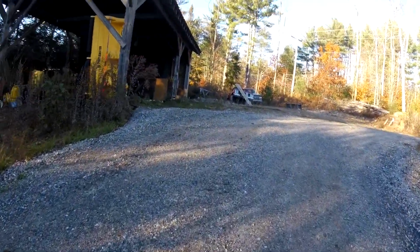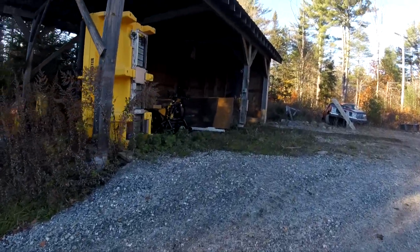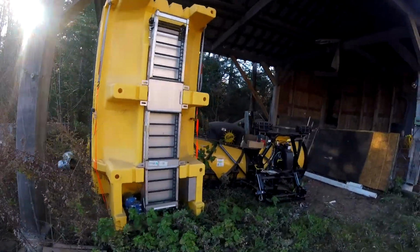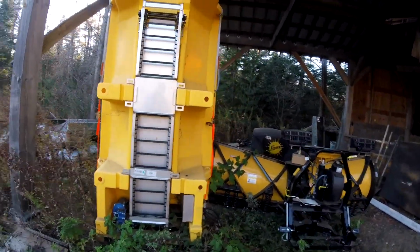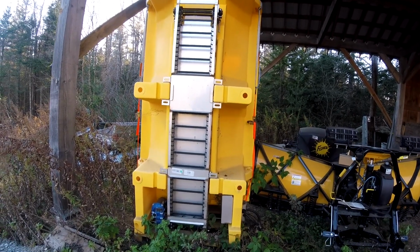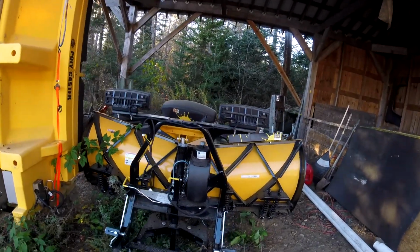So what I'm working on today is our brand new plow, a brand new Fisher Polycaster sander. I don't know if it's a 2021 model or 2022 or 2020 model, one of the two. Anyways, a lift piston for this plow,